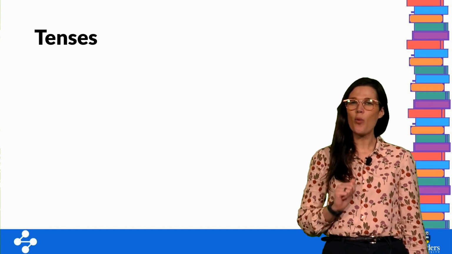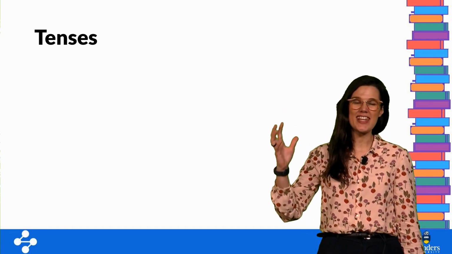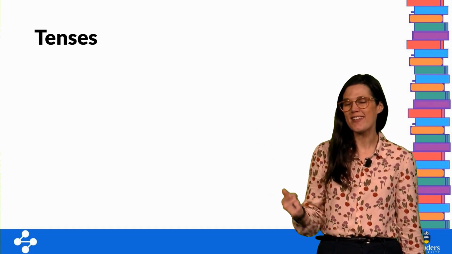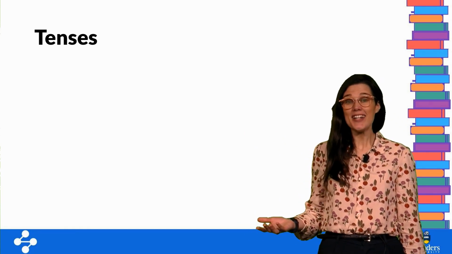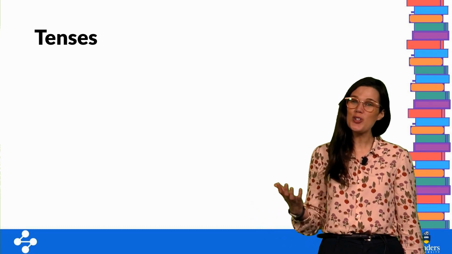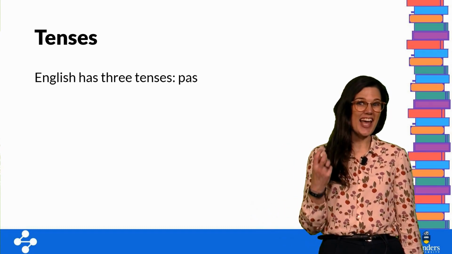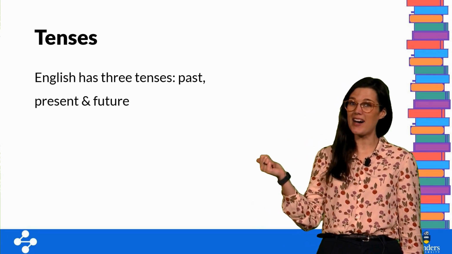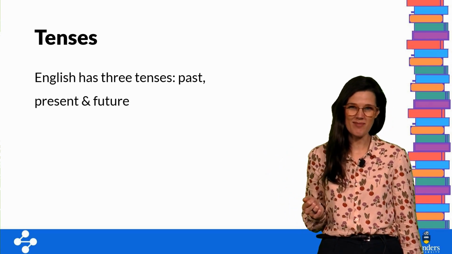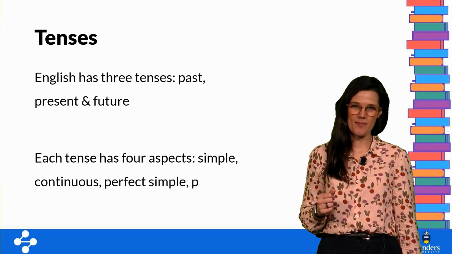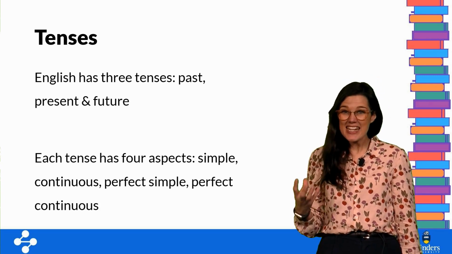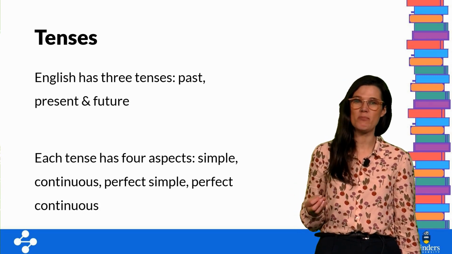Now, tenses are one of the things that students of English as a second or third or fourth language find quite difficult and complex. And they kind of are. I'm sure you know though that English has three tenses: the past, the present, and the future. And within these three tenses, there are four aspects: the simple aspect, the continuous aspect, the perfect simple, and the